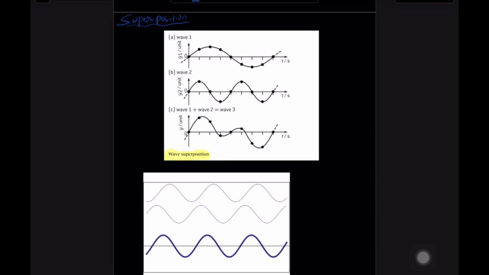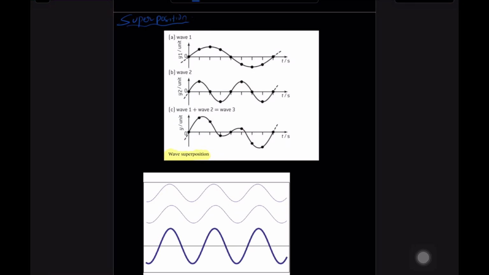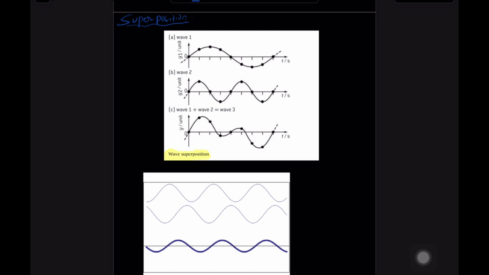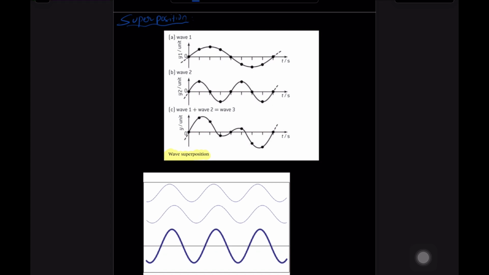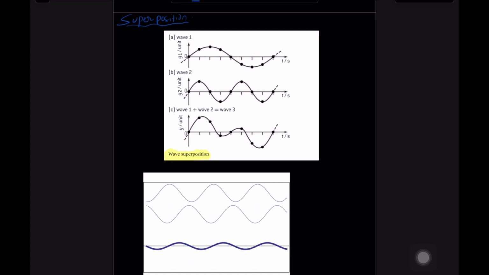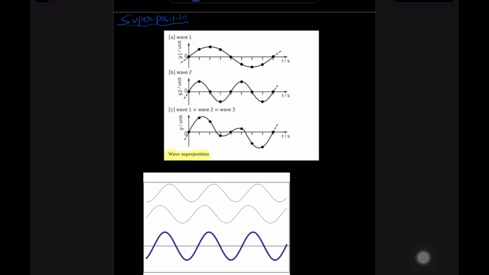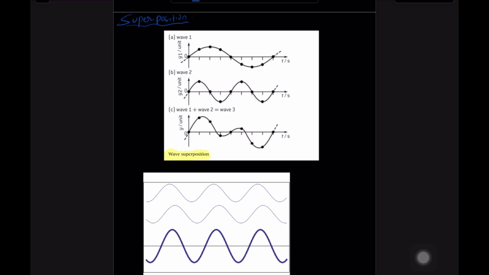Hello, welcome back. So in this class we'll learn about superposition, interference and Young's double-slit experiment. In the world of waves, an important concept is superposition. When two or more waves meet, they combine to form a new wave pattern, and this is called